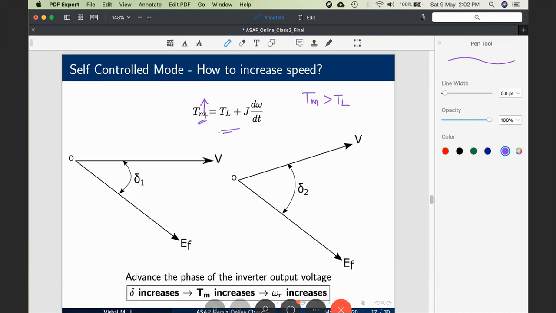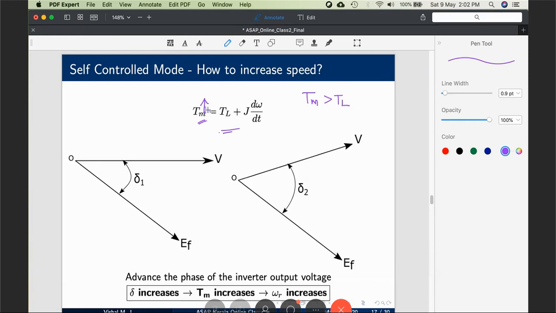Earlier, what we have seen in true synchronous mode, torque was proportional to delta. So we increase the stator speed to increase delta. Here we cannot do that. Why? Because the stator frequency is decided by the rotor speed. We absolutely have no control over that rotor frequency. The rotor speed dictates what should be the stator frequency. In true synchronous mode, frequency was the control variable. Here, frequency is not the control variable. It is an independent variable. So we cannot touch frequency to increase delta. Then what can we do? For torque to increase, your delta has to increase.